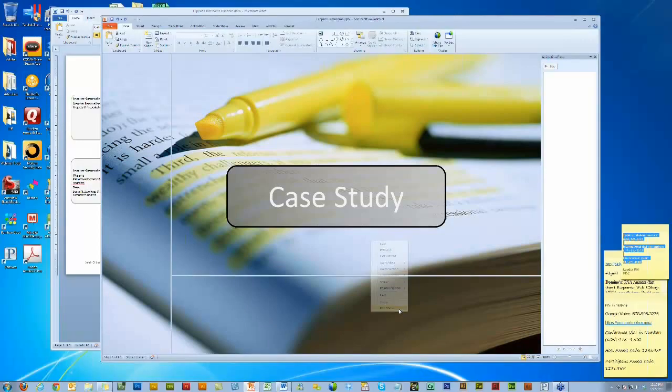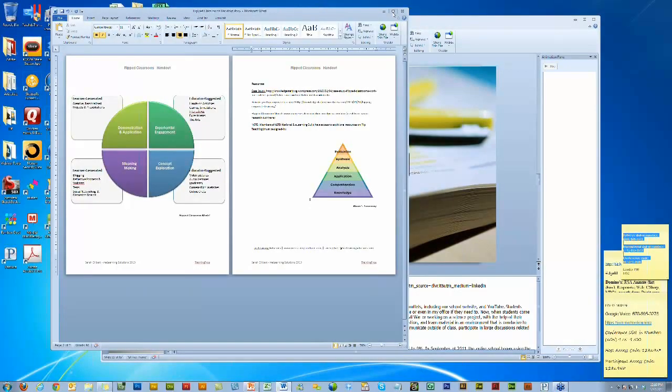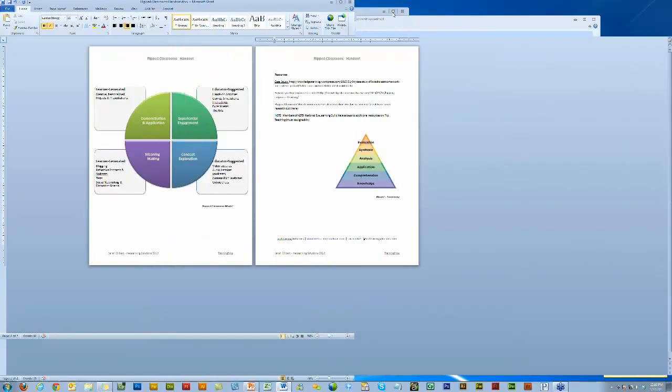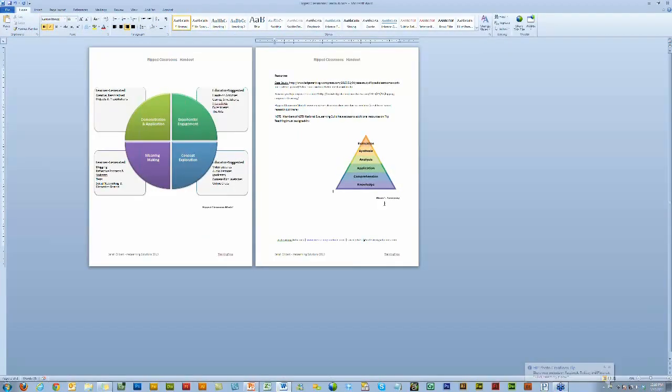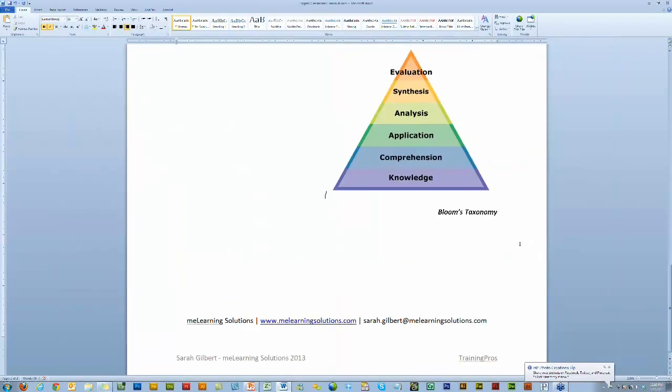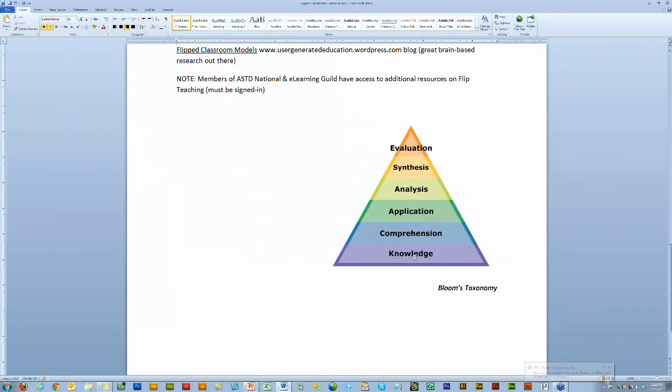And this handout you're going to be able to get after the session. But I just wanted to show you this briefly, because what this shows, and I'll try to zoom this in for you. In Bloom's taxonomy, you see that this basis of knowledge and comprehension, what we're suggesting here is that we focus on how we can bring the knowledge to the learner and let them be able to access that at their own pace. And we have a poll question that's coming up in just a moment. So I'm actually going to flip back over to the presentation, and we're going to come back to this.